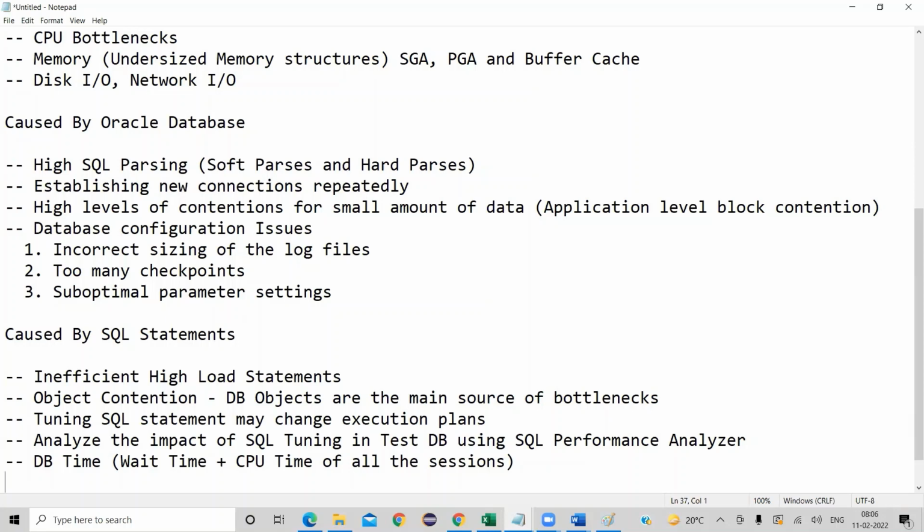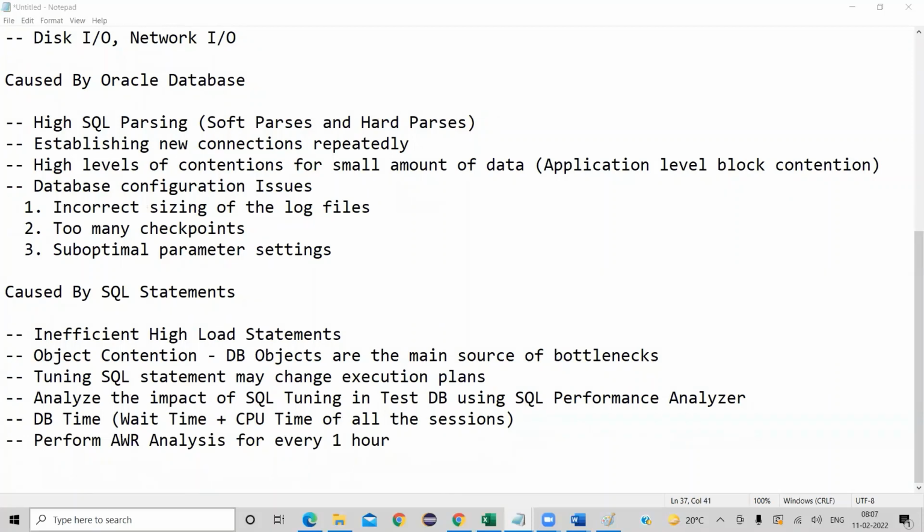In order to look for all the SQL statements and identify all the different bottlenecks, the last one is you need to perform AWR analysis for every 1 hour. Okay. So these are some of the important bottlenecks that are caused by the Oracle database, then those caused by the environment, then those caused by SQL statements. And the last part of this session is,